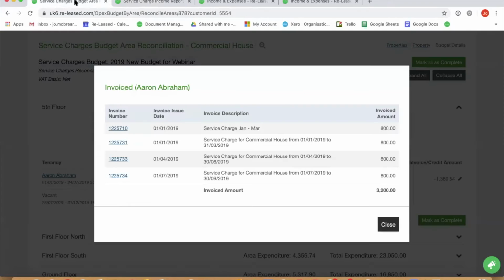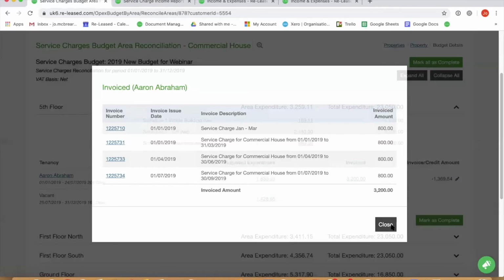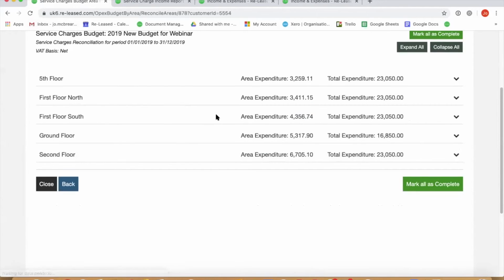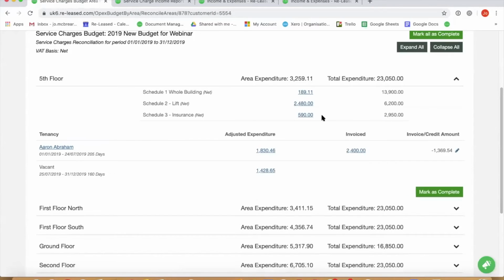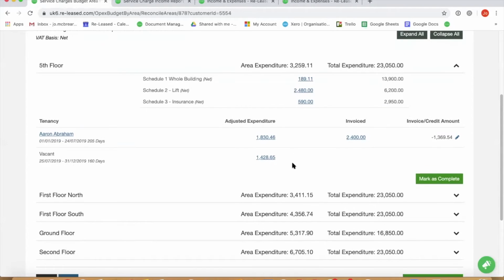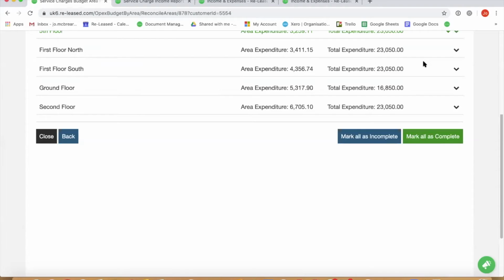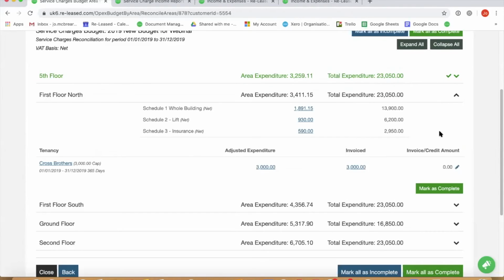Right, now do you remember, before we go on, just to clear, if we refresh that. Okay, here we can again mark each individual one as complete. Again, it goes green with a little tick, and you can go through the process. Now, I would just want to show you this one. So our Cross Brothers,